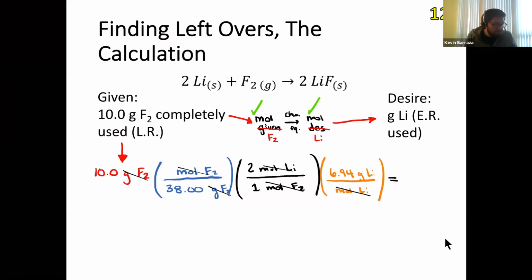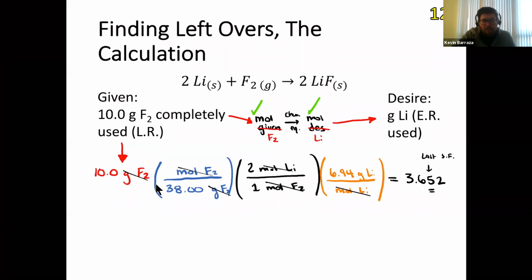And then we plug it in. The unrounded answer is 3.652. With the significant figures, there's 3 of them, so they end there. So this is my last sig fig. But we have to be careful because what this calculation is doing for us is telling us how much